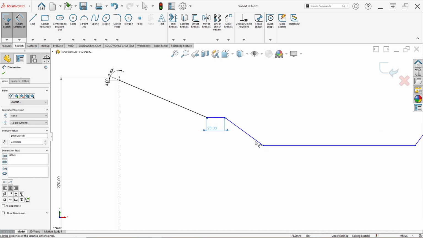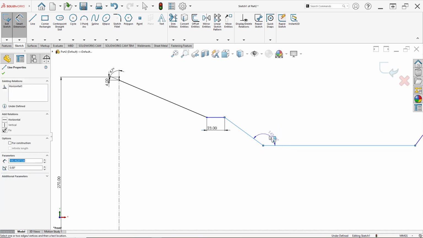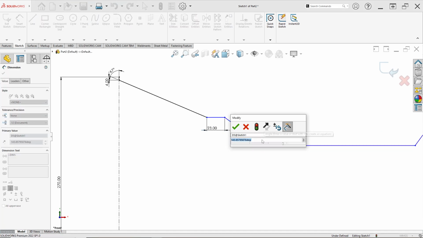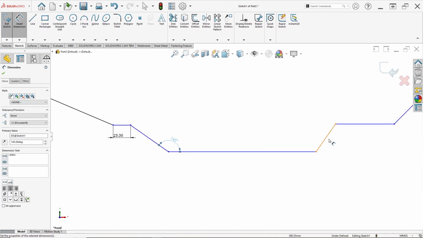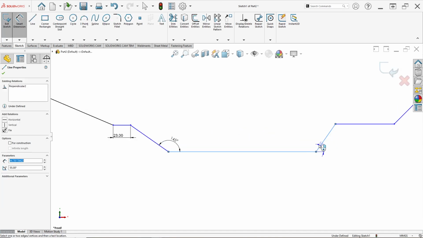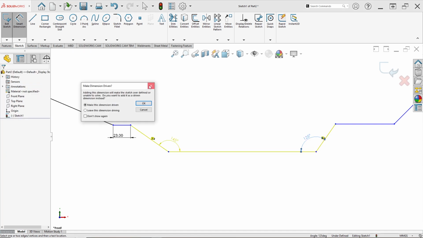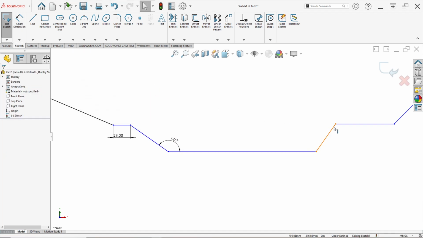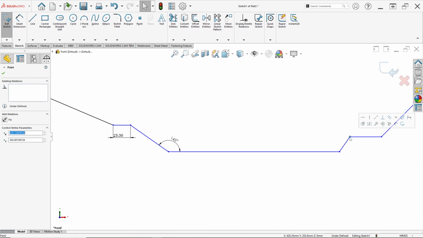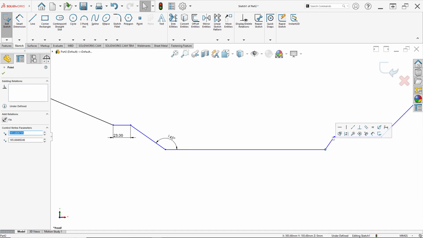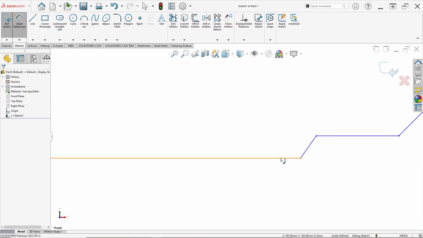Okay, then this line and this edge line have 145 degree in here. Same is, sorry about that, we can do just here.